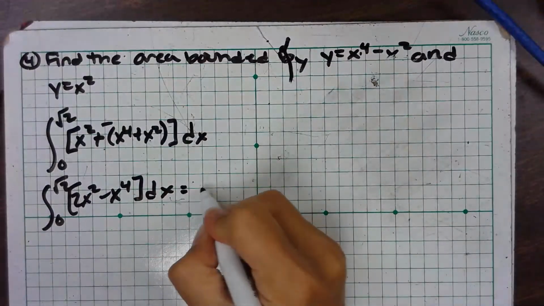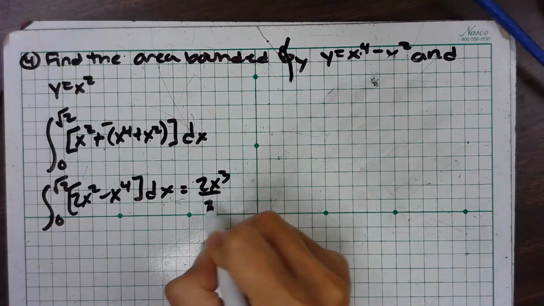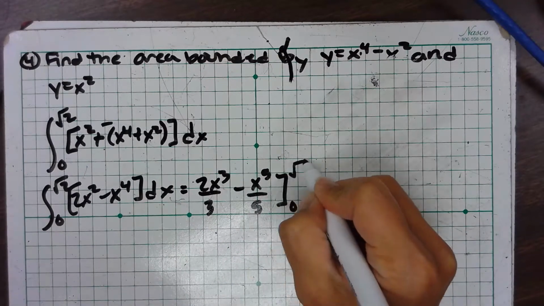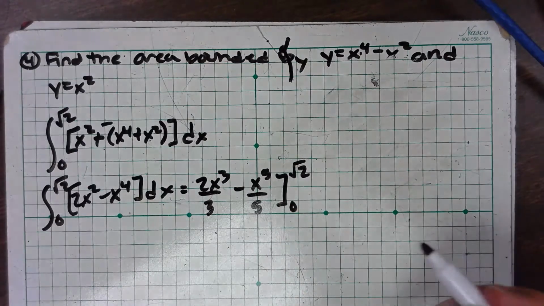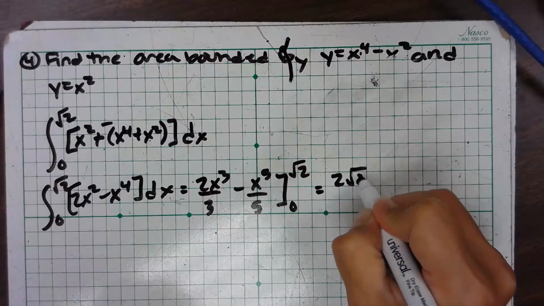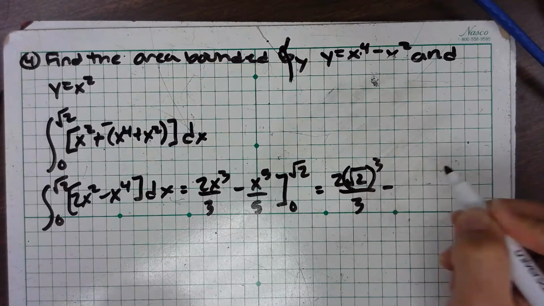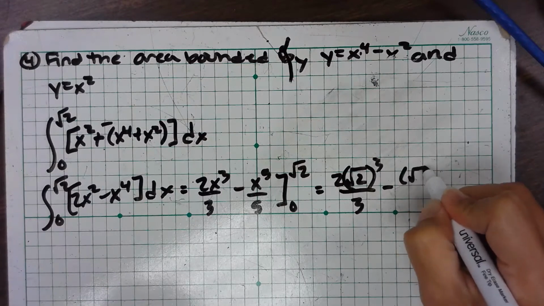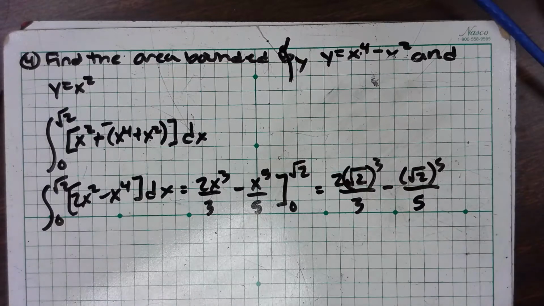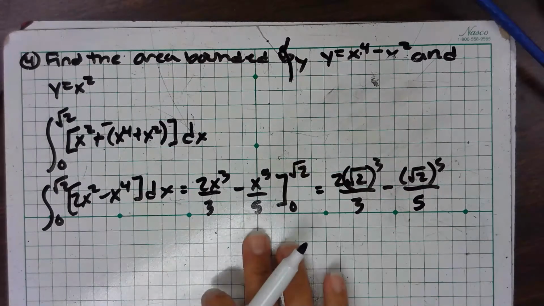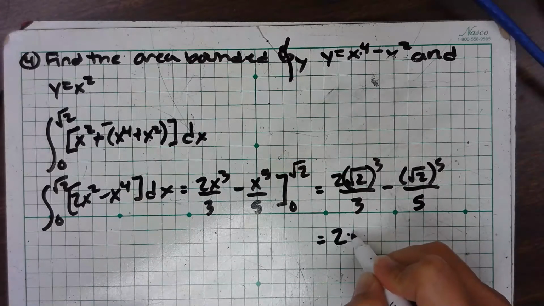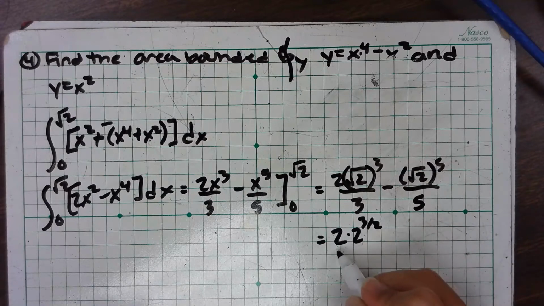All right, so here this is going to be 2x to the 3rd over 3 minus x to the 5th over 5, and I'm doing it from 0 to square root of 2. When I plug in square root of 2, it's 2 times square root of 2 cubed over 3 minus the square root of 2 to the 5th over 5. And if I plug in 0, it's not going to make any difference because that's just going to be 0. If you do want to clean it up, you can say times 2 to the 3 halves,